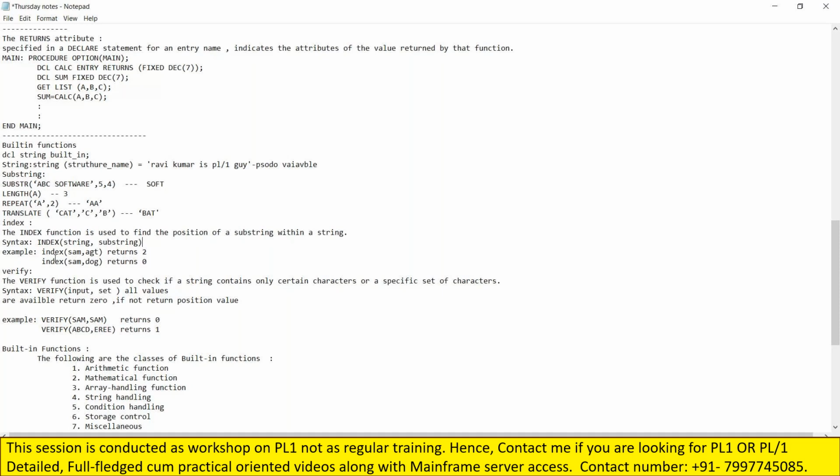Index SAM AZT something. So it returns the 2. If you see this one,